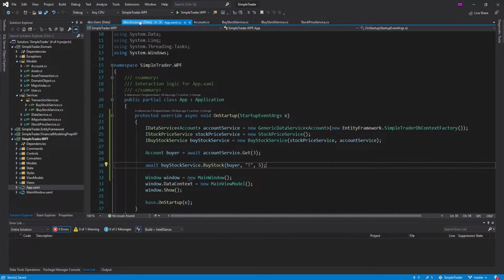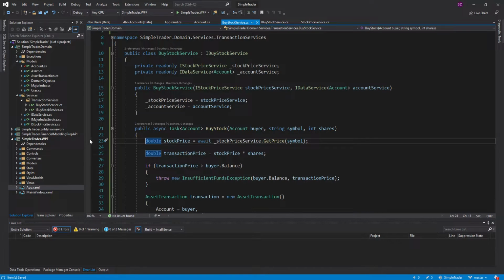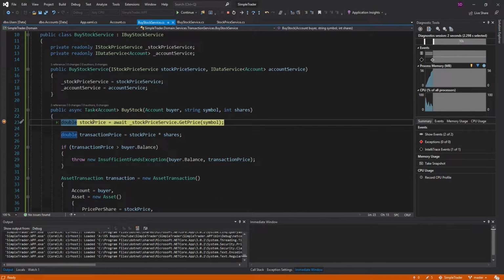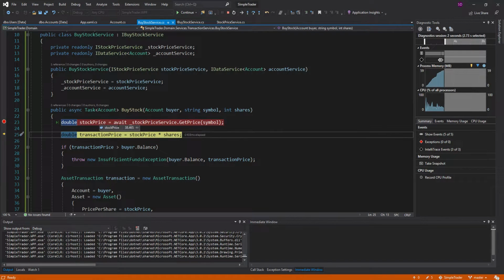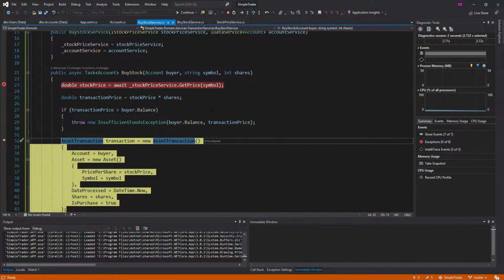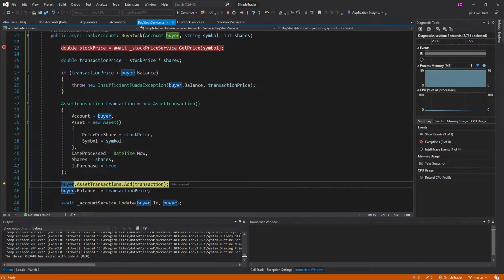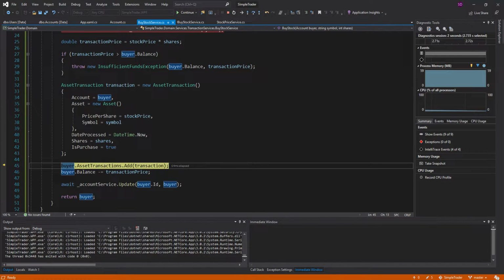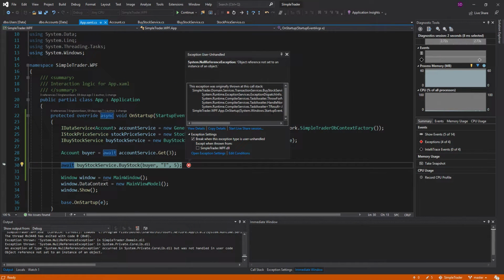So now let's plop down some breakpoints in our IBuyStockService. And let's give this a shot. Okay, so we hit our first breakpoint here. And let's step over this. So we get our stock price 38.465. That sounds about right for AT&T. Calculate the transaction price. Let's look at the buyer's balance is 500, so we shouldn't hit this exception right here. And then we create our transaction, and then we can add the transaction to the buyer, and we actually get